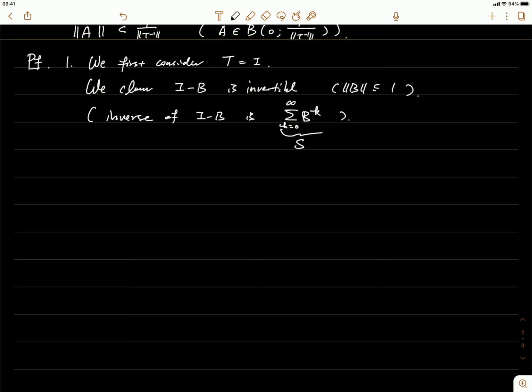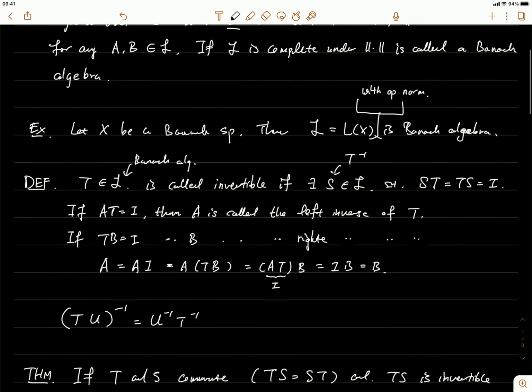And that means if you can show that this sum from 0 to infinity is a convergent series, then we can claim that S is something in the Banach algebra. But this is less than or equal to the sum of the norm of B to the power K. And you know that this is because of the rule here,